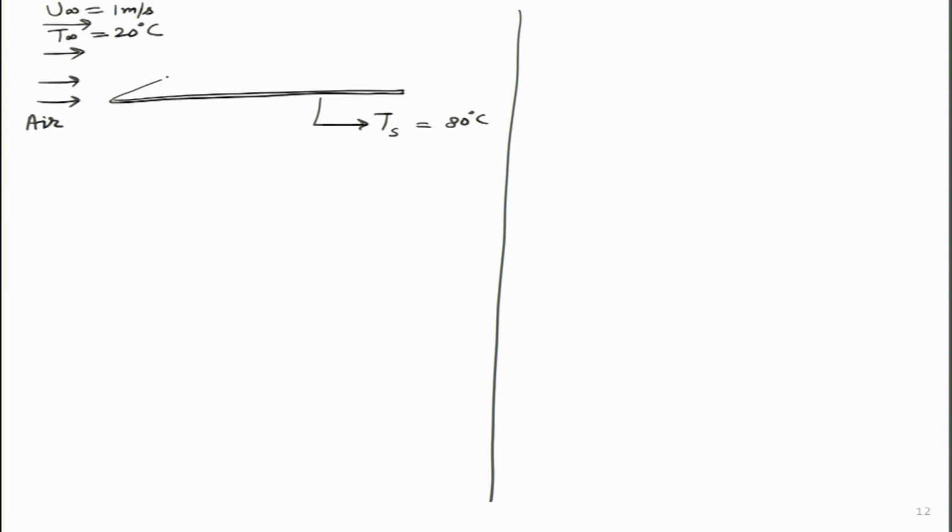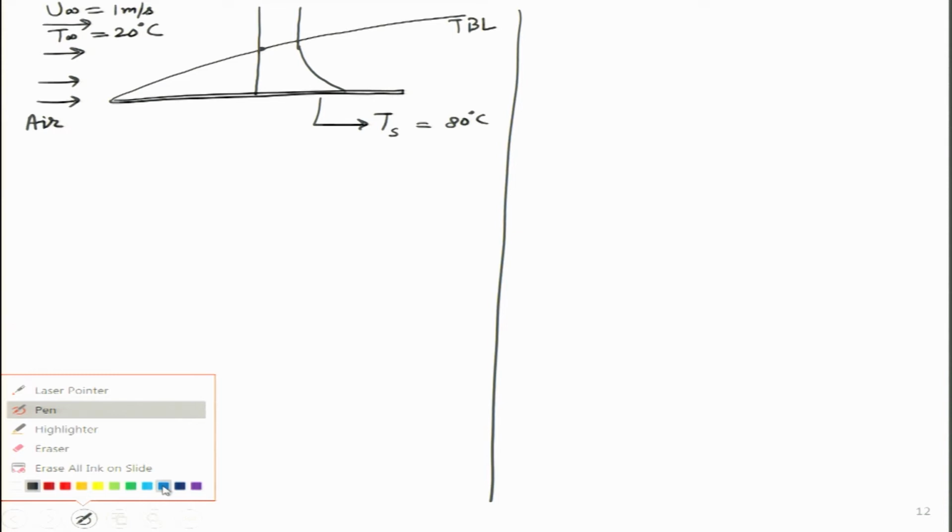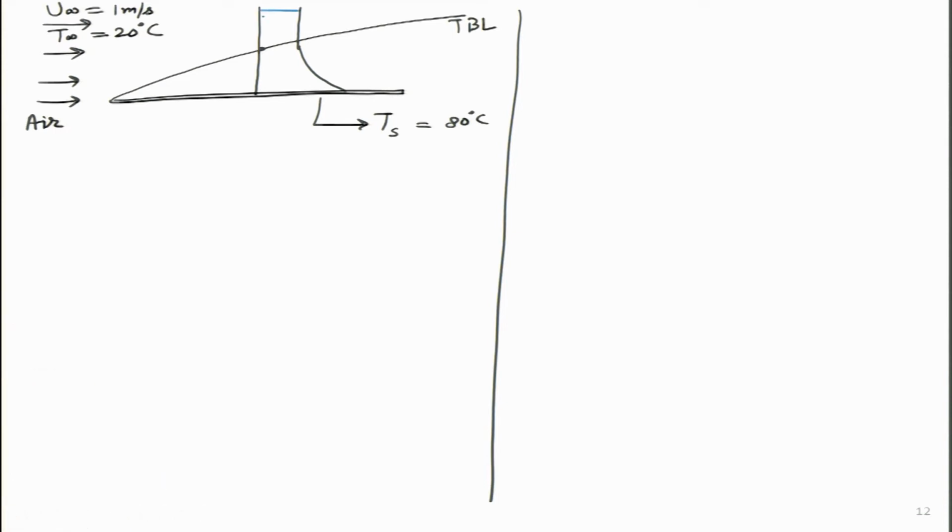So we know a thermal boundary layer will be formed over here. I will call it the thermal boundary layer, and we learnt in the last class how to draw the temperature profile here. It will look something like this. If I draw these temperature lines, the length of each of these blue lines represents the value of temperature at that particular point. So this length represents 20 degrees, this should be 4 times, and this length is 80 degrees. So the temperature here is 80 degrees.